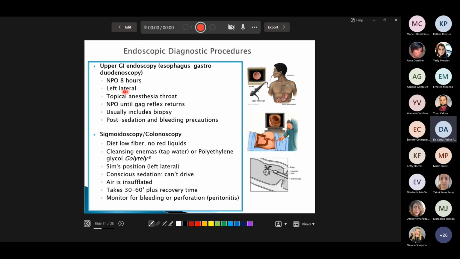And it is tested in which position you place the client to have an upper GI endoscopy. The answer is left lateral, comfortably, but in left lateral. And the patient will have two medications before the test. One is a sedation, a conscious sedation. So the patient will have midazolam, for example, a benzodiazepine, and